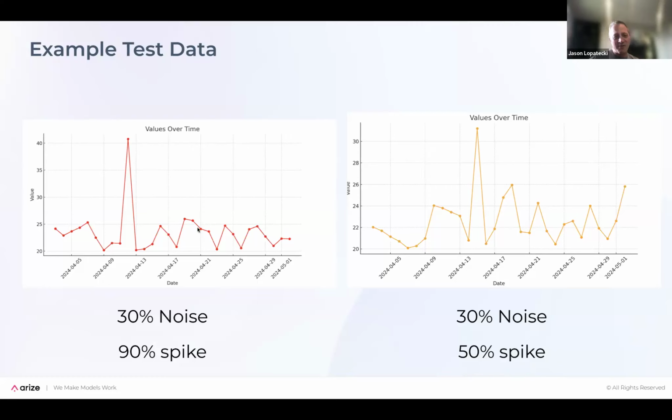First off, you have some noise. There are settings in the test where we can set the random noise level of the data, and then we can spike it on a day, and we can set how long we want that spike to be. The longer the spike, the better the results typically. But you can add noise, add a spike. So this is the simplistic test that was done for this.